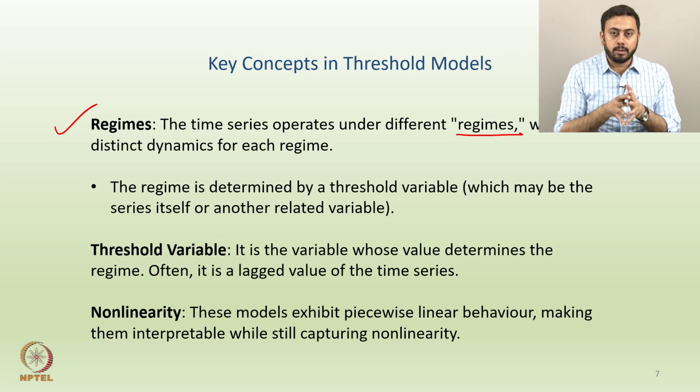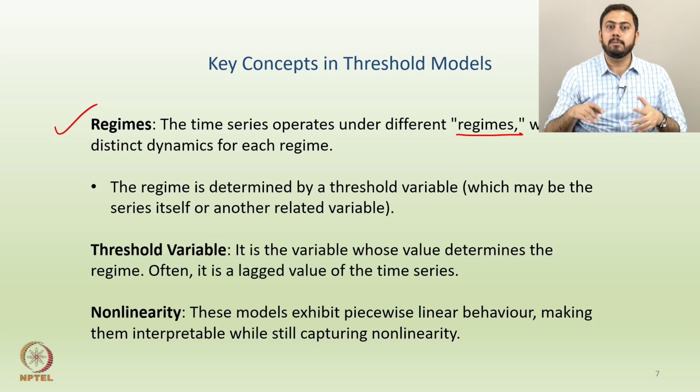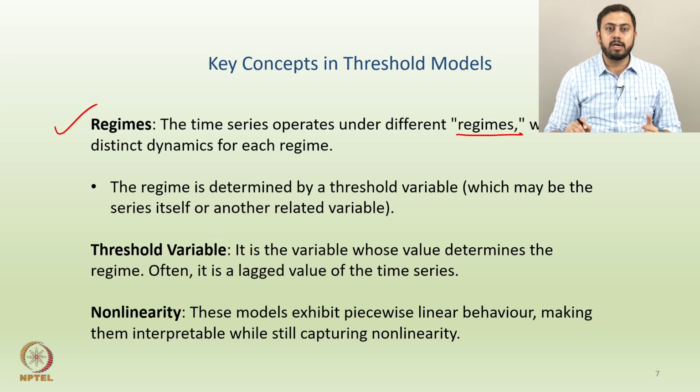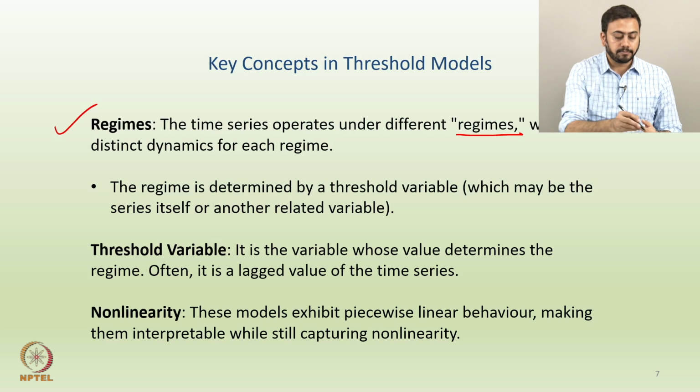Think of the complete time series, or complete practical data, being broken down into different states, and these different states are called regimes in the time series context. These different regimes have different dynamics among themselves. So, two regimes need not be exactly the same. There has to be some dynamic change when you shift from one regime to another. This is a small definition of what you mean by regimes.